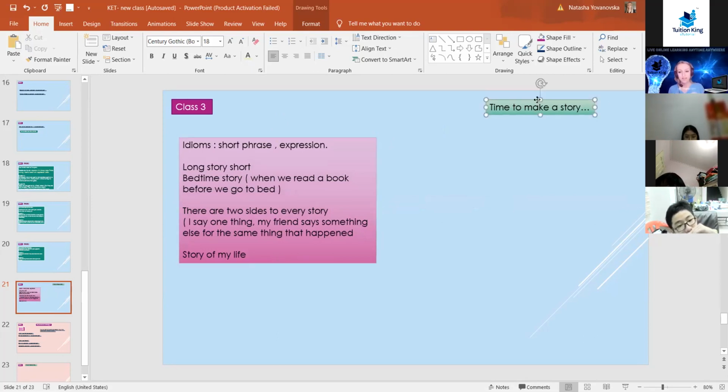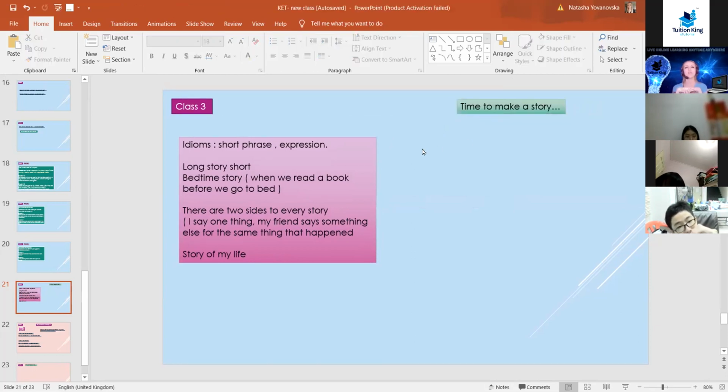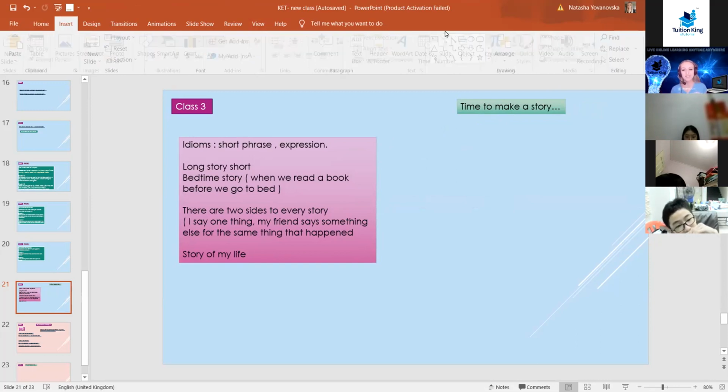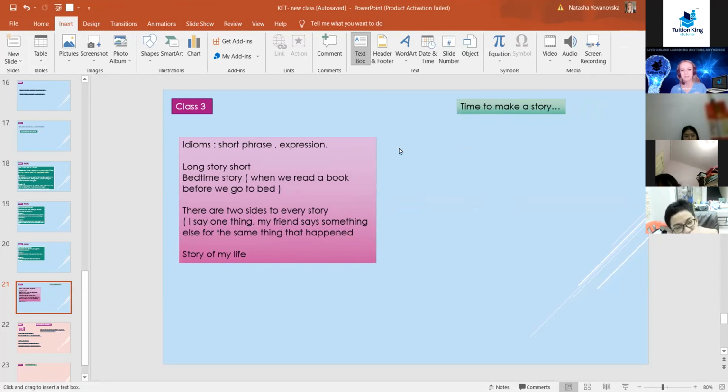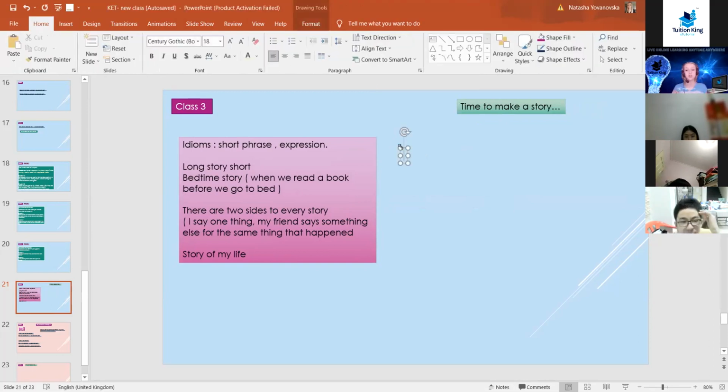Now, before we finish, I want us to make a story. So this is what we're going to do. Today, we're going to make this story in present simple. Next class, we're going to do the same story in past tense. Very easy, very simple. How? I will start the first sentence. Each one of you needs to add one sentence. So I will need you to think very quickly, so we can do this.